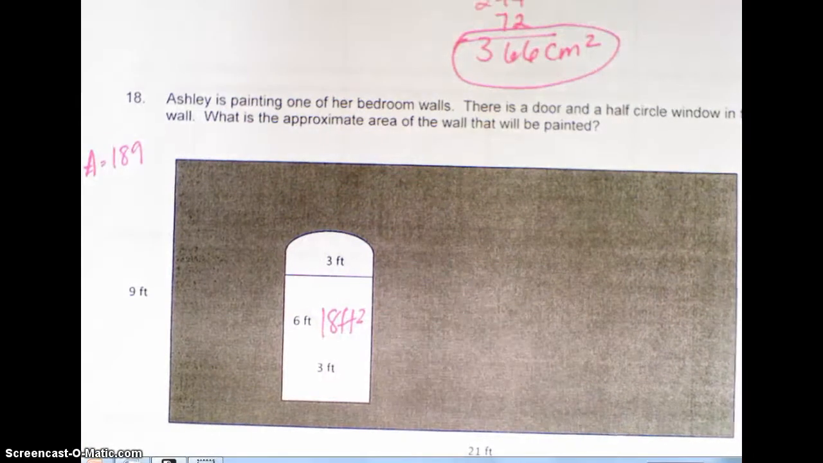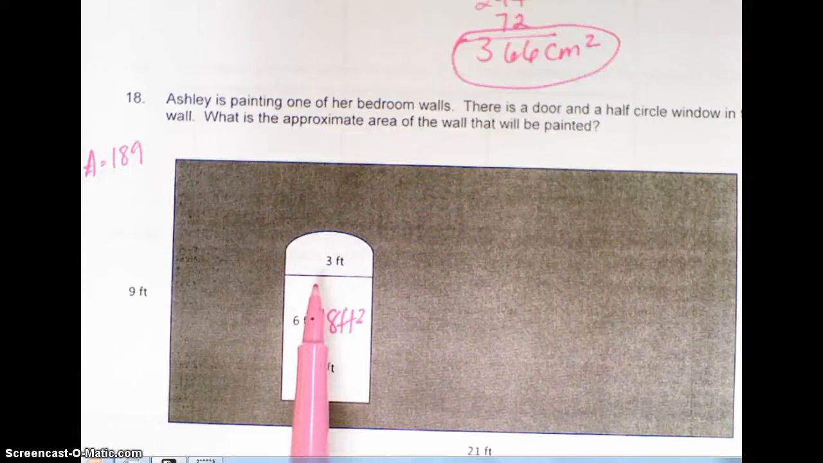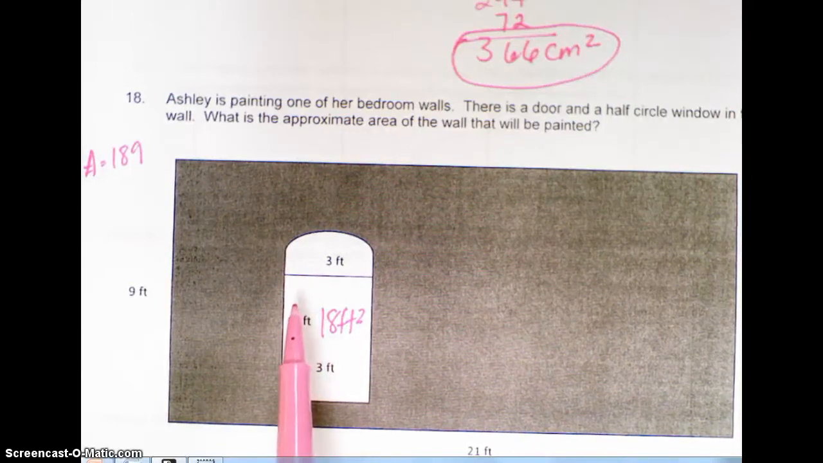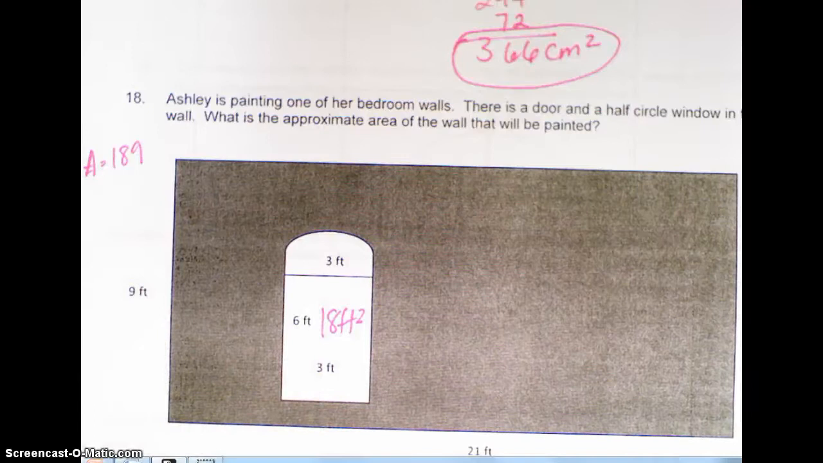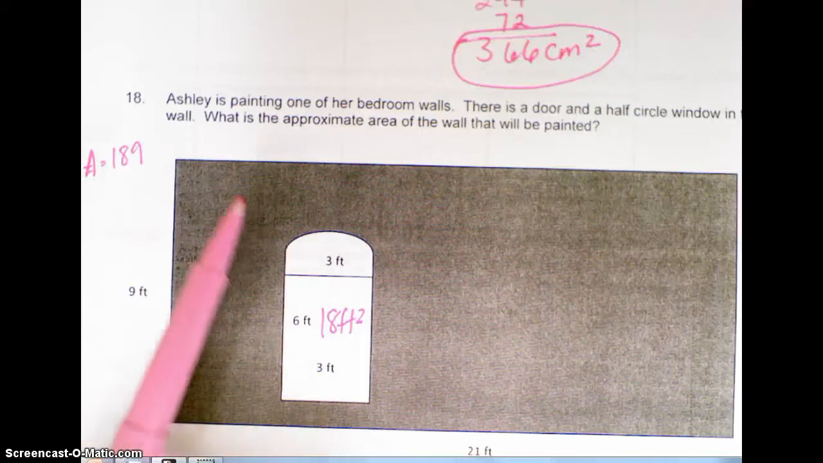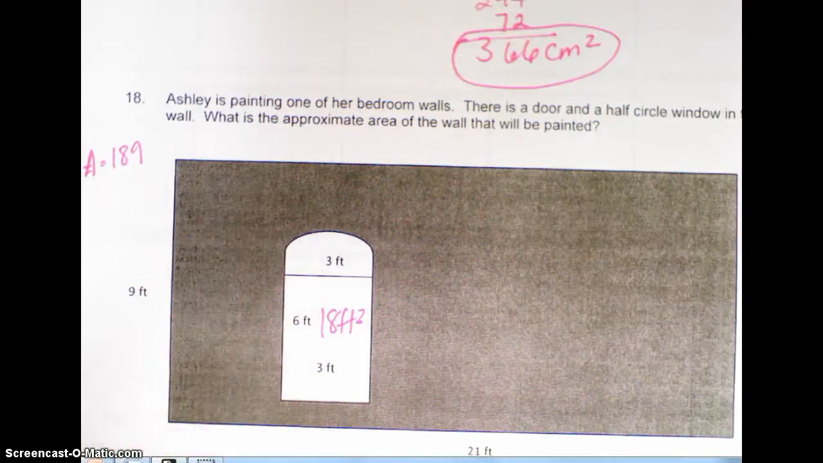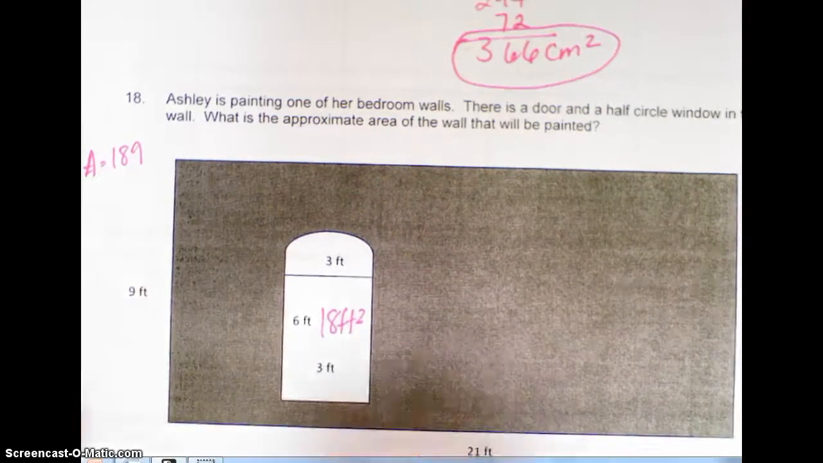Okay, the circle. I have to use the radius because 3 feet is the diameter. So the radius would be 1.5. 1.5 squared is 2.25. And then when you multiply that by 3, you get 6.75, so 6 and 3/4. And then you divide it by 2, you get 3.375, which is 3 and 3/8. So 3.375, and then when you add that to 18,